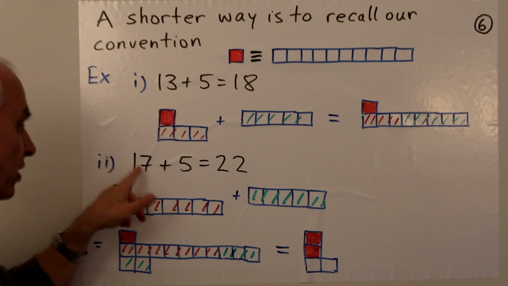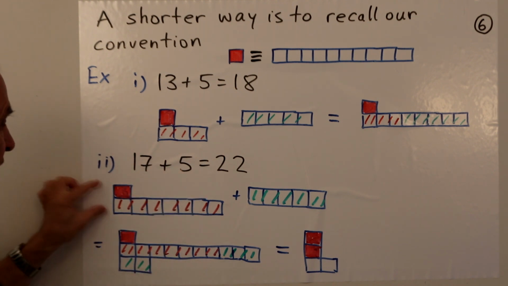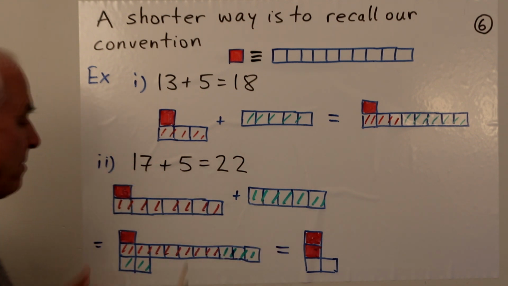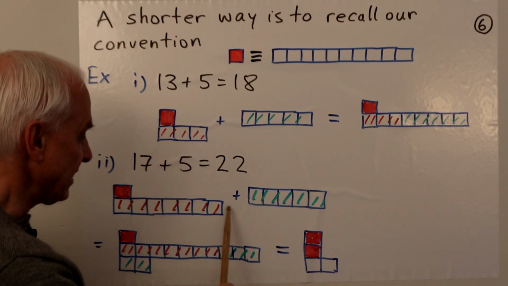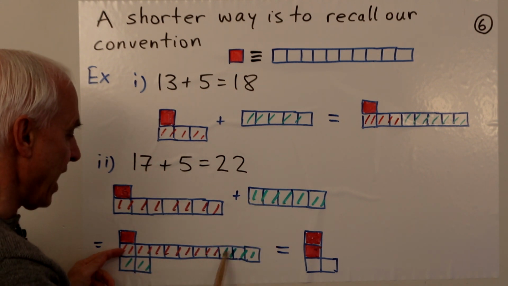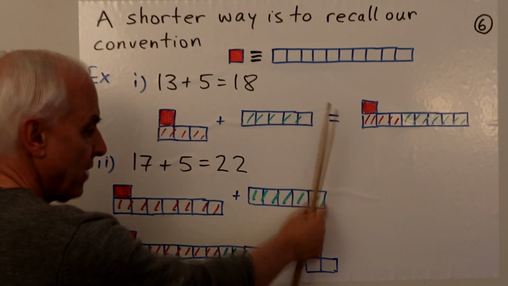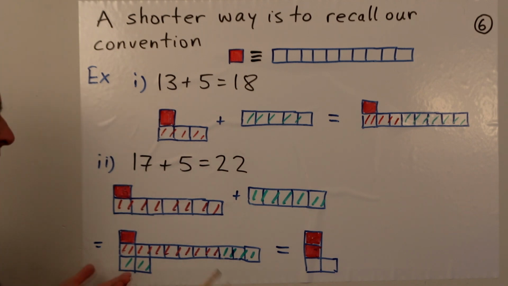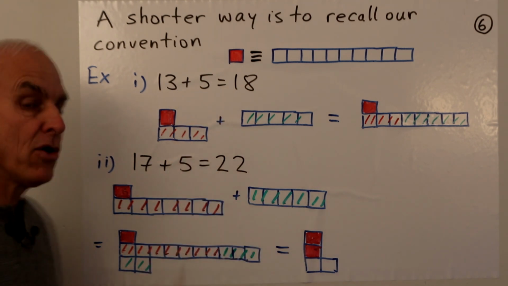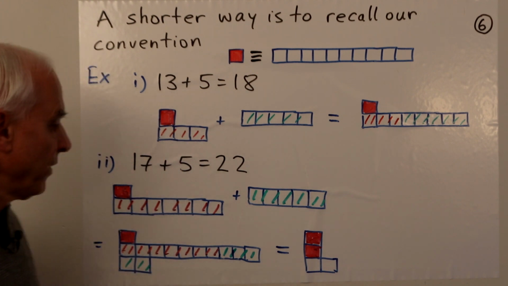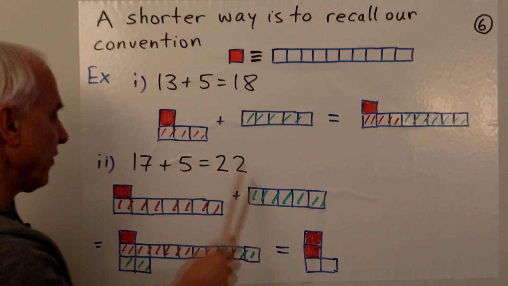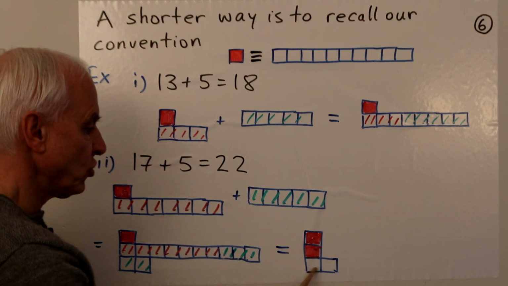And the other thing that we did was 17 plus 5 equals 22. So here's a more compact way of representing 17. A 10 here and a 7. There's the 5 again. We do the same wrapping around. We take 3 of these, add it to the 7 that we have to form a long row of 10, and the other 2 come down. But now this row of 10 doesn't have to be there because we can replace it with a single red square. So this is a shorthand for what's happening. 17 plus 5 equals 22.